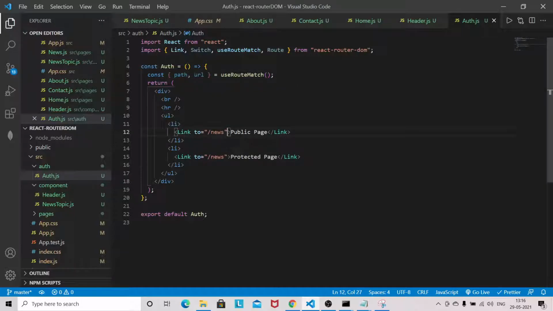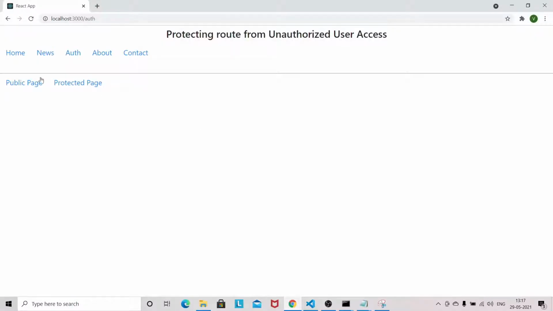So this will be the URL public, and I'll copy it, and this will be protected. The spelling is correct. Now let's see.